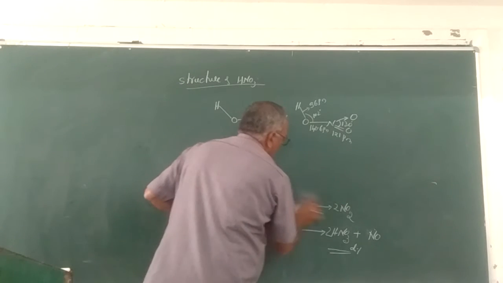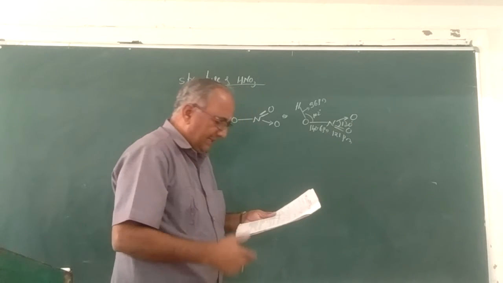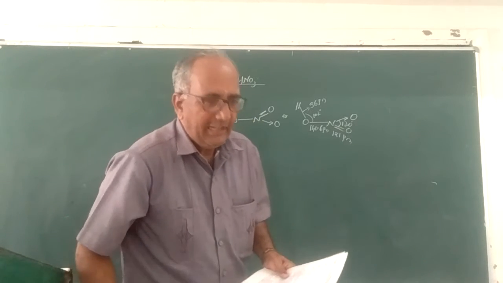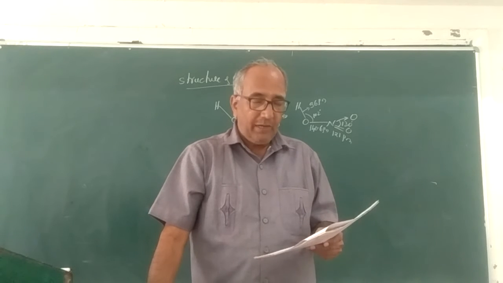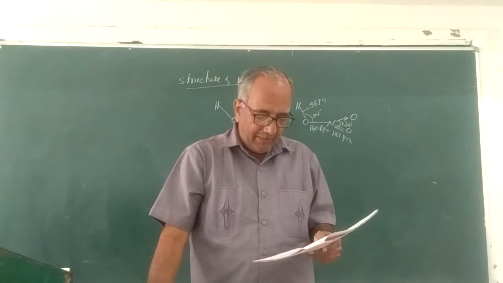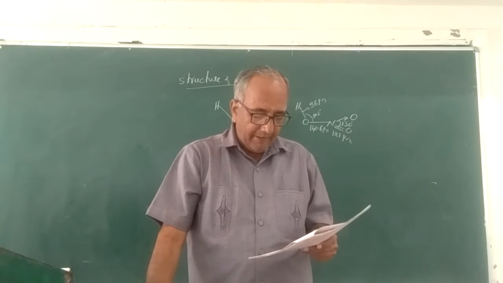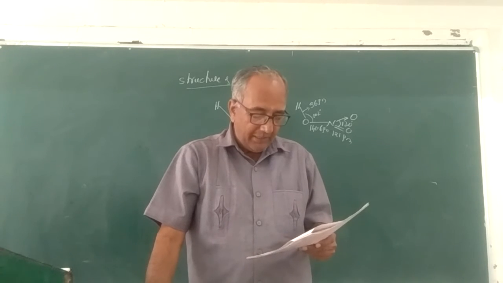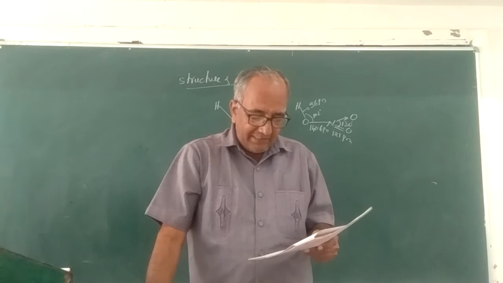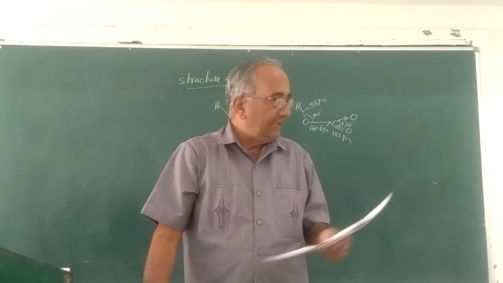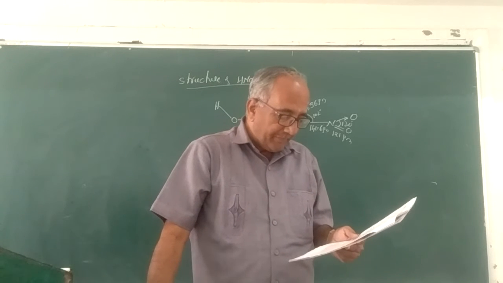To know the properties of nitric acid: the pure form of nitric acid is a colorless liquid having a freezing point of 231.4 Kelvin and a boiling point of 355.6 Kelvin. The specific gravity is 1.50 gram per cubic centimeter. In the gaseous state, it is a planar structure. I already represented the gaseous state of nitric acid.